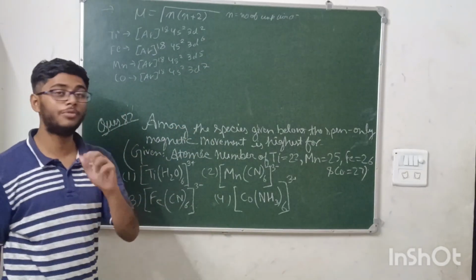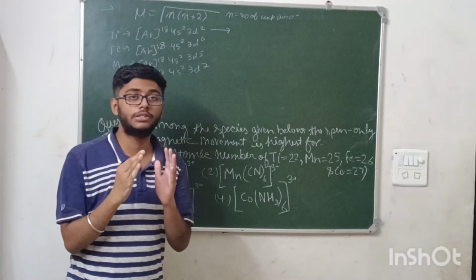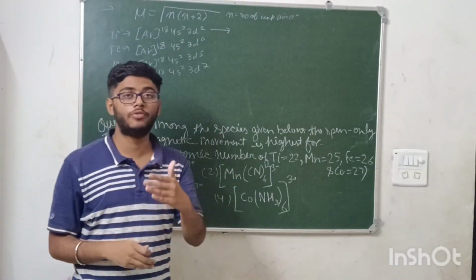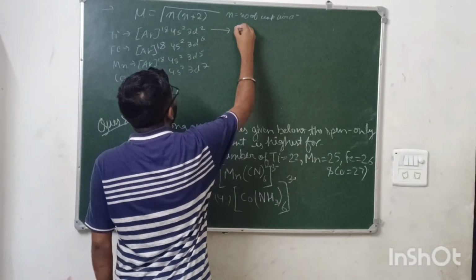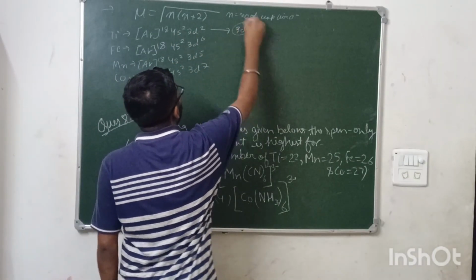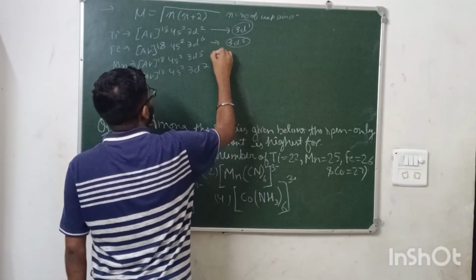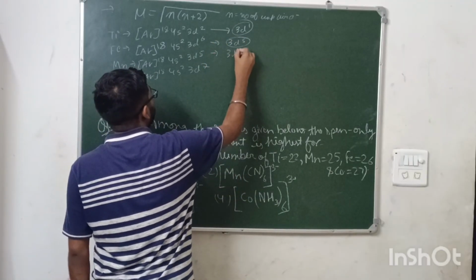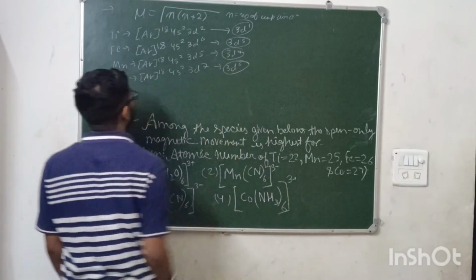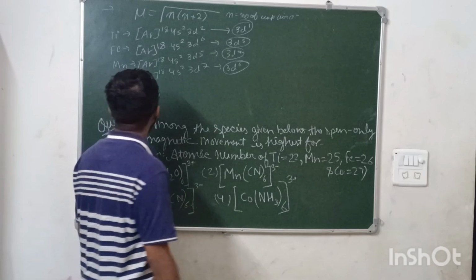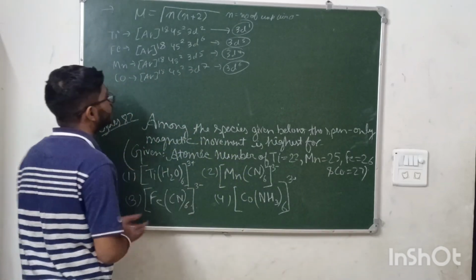Now plus 3, you need to remove 3 electrons from here. Okay, so first of all the s orbital is there, so electrons will be first removed from the s orbital, then from the d orbital. Okay, so 2 here, 3 here means 3d1, here 2 so 3d5, here 2, 3d4, here also 3d6. Okay, so this is the final.